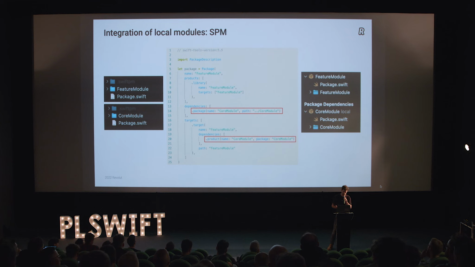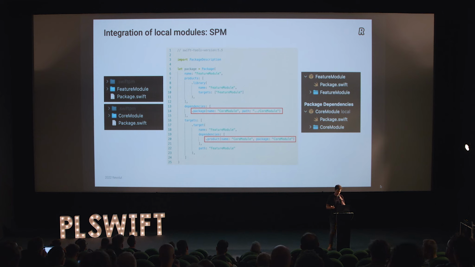A bit of detail. What you see on the left is the layout on disk. I'm showing you this example where we have a feature module depending on a core module. What you see on the left is the Swift package specification. What you see in the middle is classic Swift Package Manager, where the 2 highlighted things are, first, the origin of your dependency. This is the specification of the feature module, so it's depending on the core module. So first you have to write somewhere where the core module is. And second, you have to write the dependency relation, which is top and bottom.